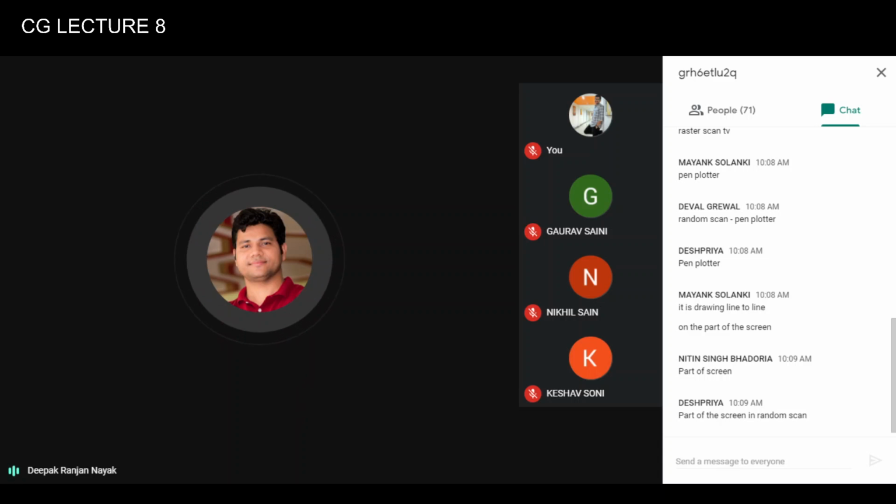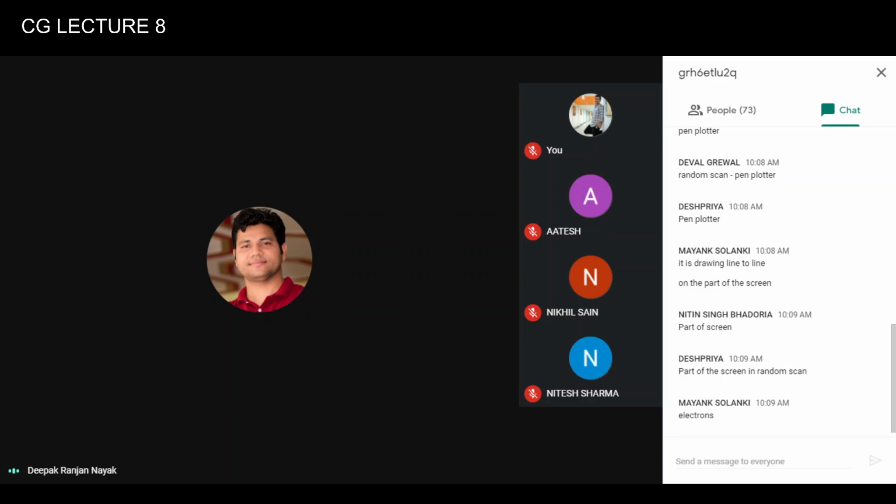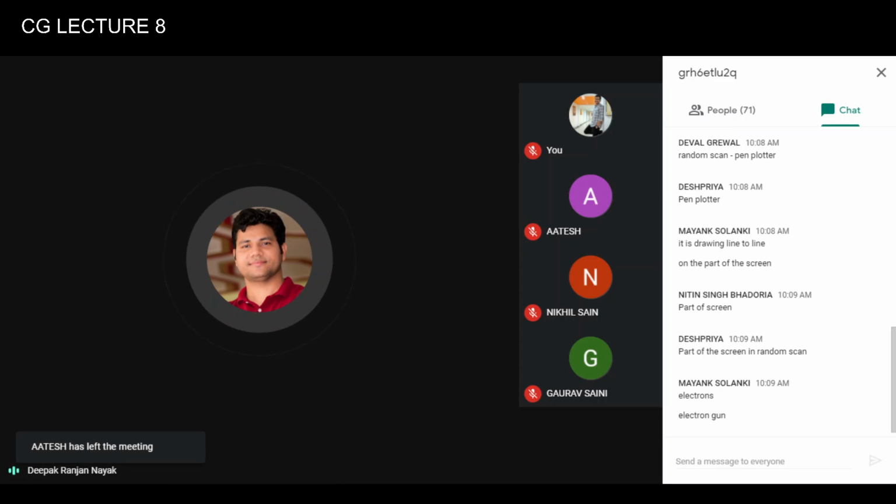So who is doing all these things, drawing and all these things? Yes, electron beams, right? Electron beams are generated from a source of electrons in all CRT systems, which is called the electron gun.